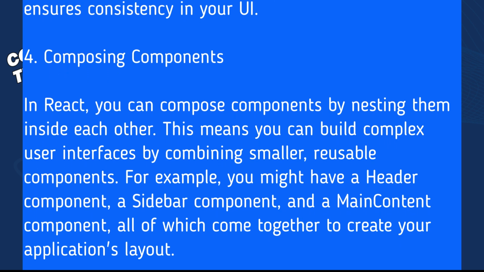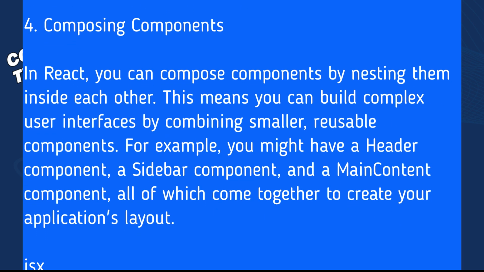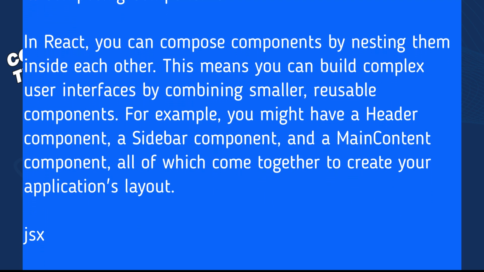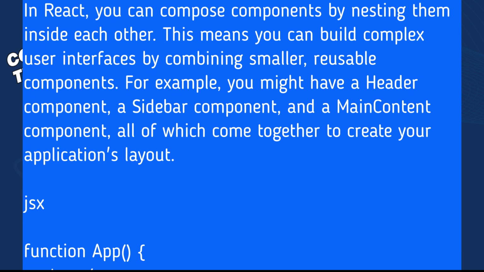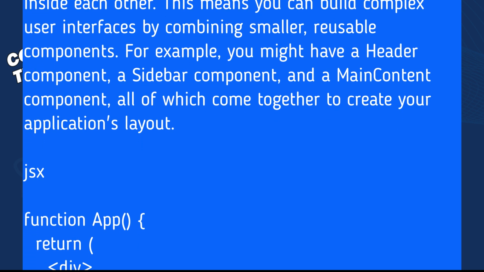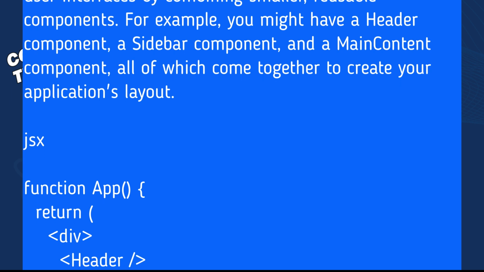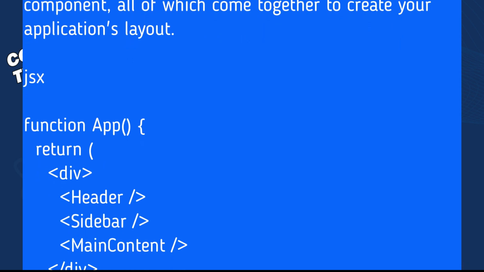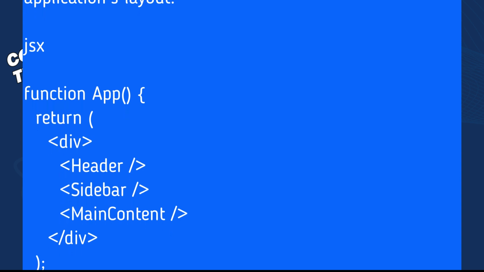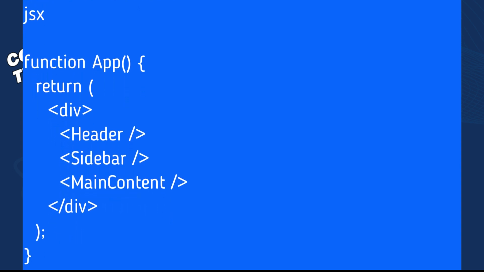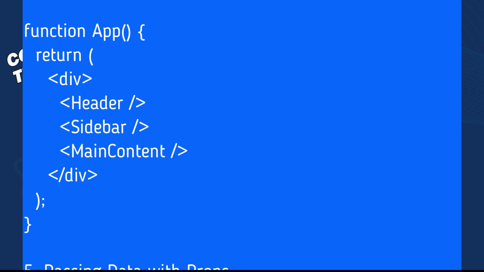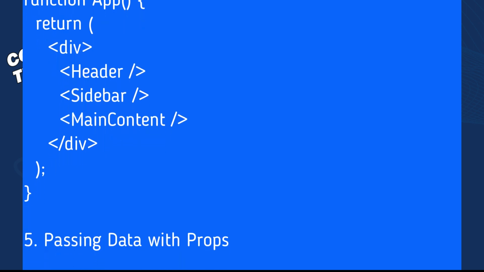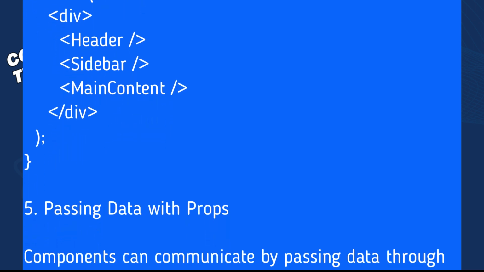4. Composing components. In React, you can compose components by nesting them inside each other. This means you can build complex user interfaces by combining smaller, reusable components. For example, you might have a header component, a sidebar component, and a main content component, all of which come together to create your application's layout. JSX: function App() { return <div><Header /><Sidebar /><MainContent /></div>; }